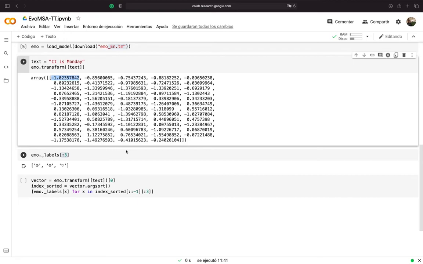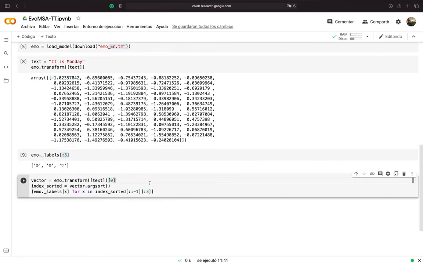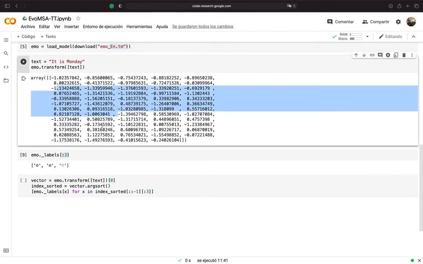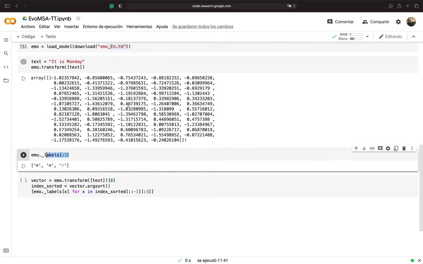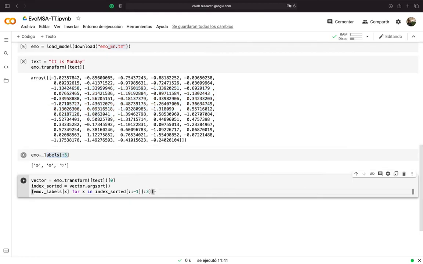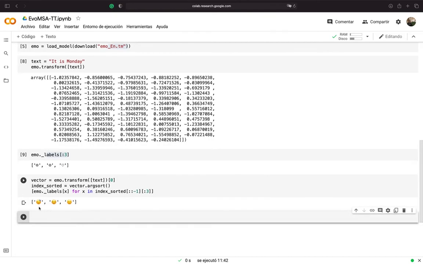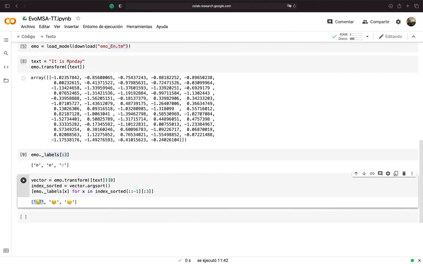Now you get the idea. You have a text, and you supply this text to a text transformation. The text transformation returns a 64 dimension vector. Just to complete the example, I'm going to find from all these numbers which is the maximum number, and given that we know the labels, I'm going to write down the three most related emojis to the text, which is "it's Monday." Okay, it's Monday, and the most related is that I'm sleepy.